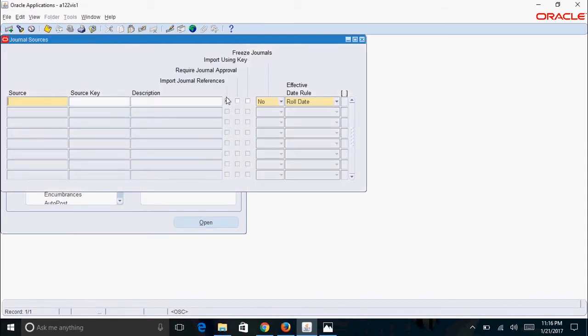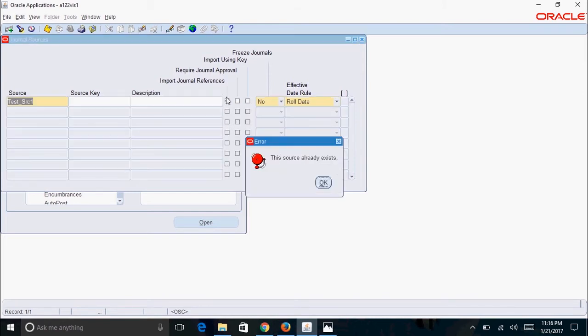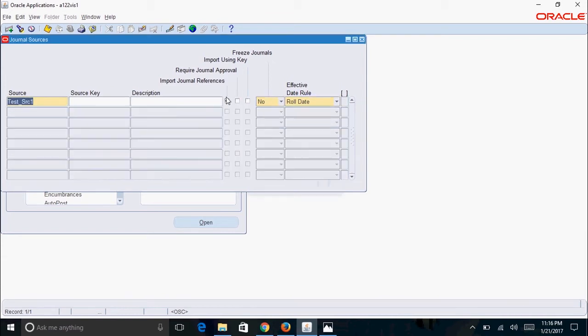So take an example, you try to create a new journal source, say test src1, and it already exists, so maybe I'll try to create test src123. Now in order to save this, generally you click on this save button, but instead you can use a Windows shortcut, which is Control S. You can use the same shortcut here, Control S. Once I press Control S, you can see the message: transaction complete, one record applied and saved.